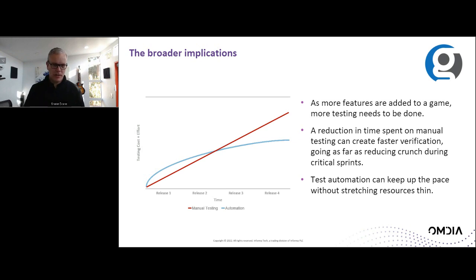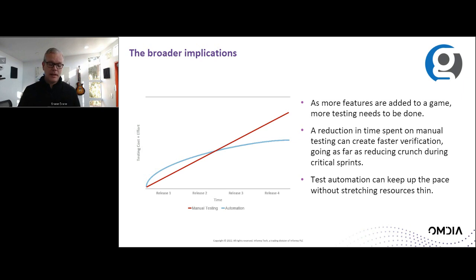There's a ton of studies out there showing that the later you identify a defect in an application, the higher the cost in resolving it. If you can solve it in the requirements phase, it costs nothing because you change the requirement. If you can solve it during unit testing or development, it's very quick for the developer to fix. If you solve it in testing, it's again getting that feedback to the developer so they can fix it very quickly. But if it goes out into production and now it's affecting your users, it's much more expensive to fix that issue once it's reached production, but it also has a greater impact in that you're affecting your users.